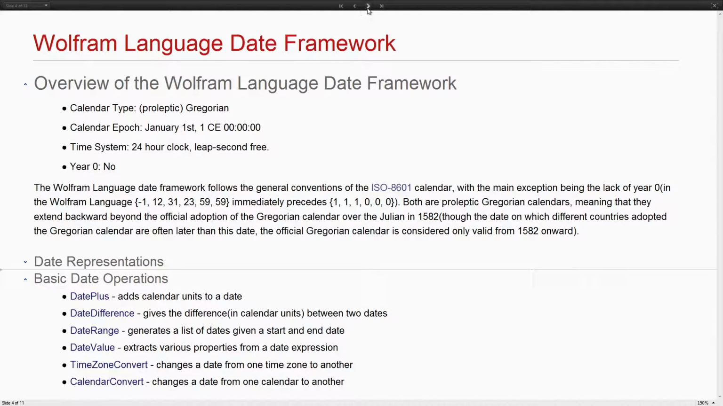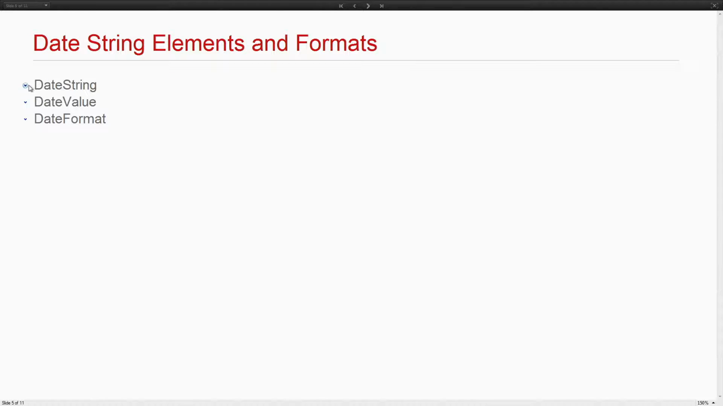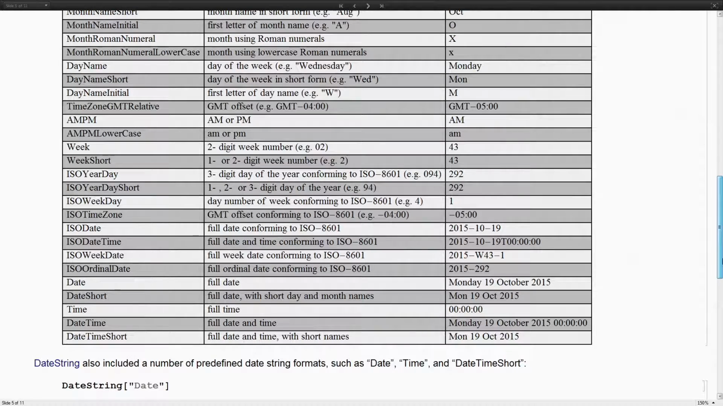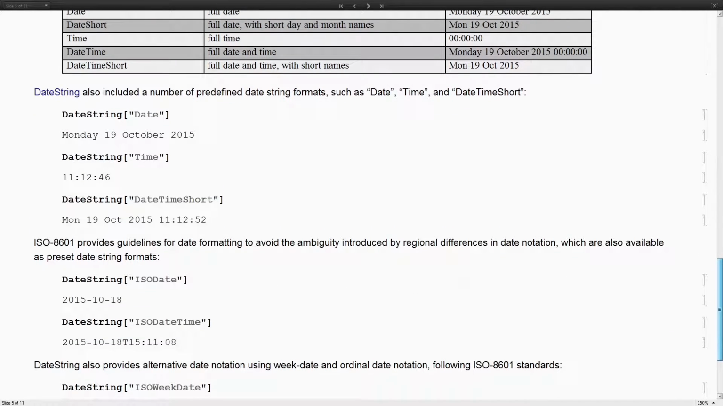So now we're going to dive into hopefully something that's a little bit more interesting, and we'll get into some of the specifics. So date string has been around since the very early versions of Mathematica. In version 10.3 and 10.2, we've tried to add additional elements in, things like AD, BC, some of the ISO standards here that give us different representations of time. There's a whole bunch of elements, and included in being able to extract certain elements,